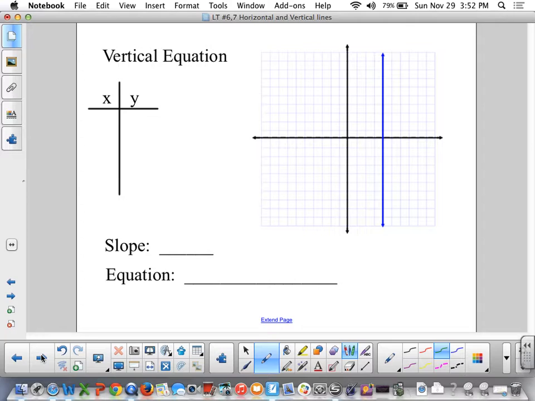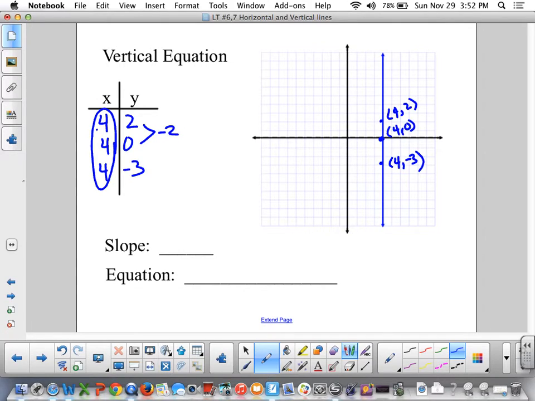Vertical lines. Let's get some ordered pairs for this line. We have (4, 2), (4, 0), (4, -3). Let's put those on our T-chart. 4, 2; 4, 0; 4, negative 3. And you'll see here that our x's are the same. Our slope is, here I subtracted 2 and here I added 0. So my change in y over change in x,